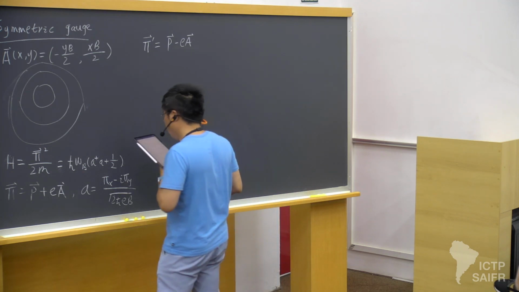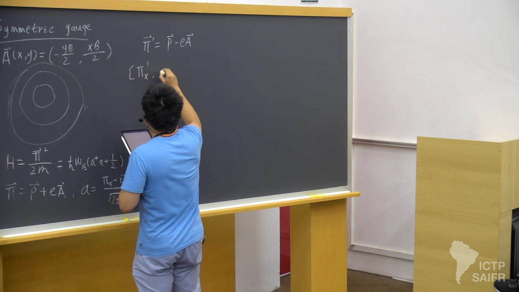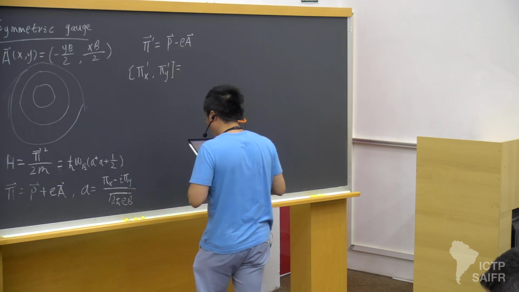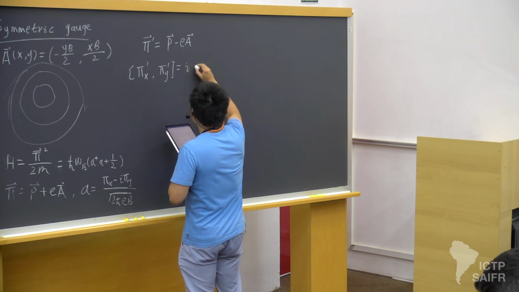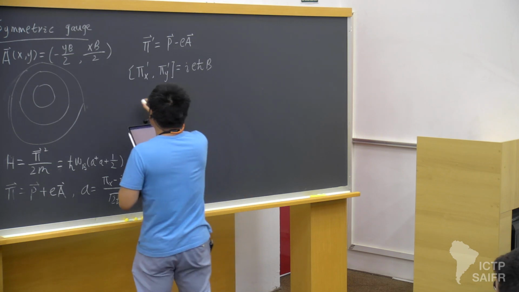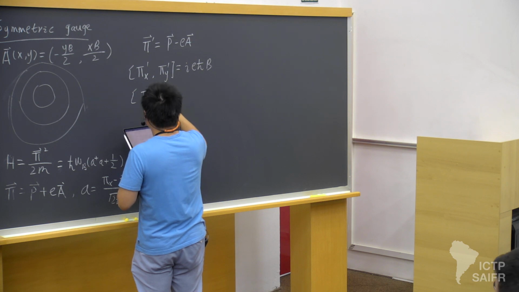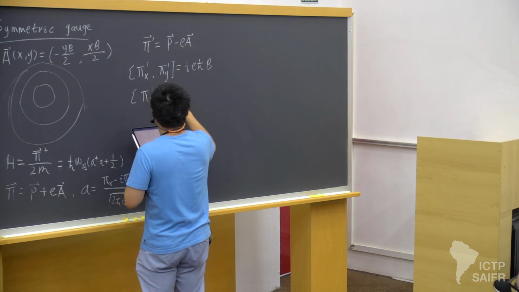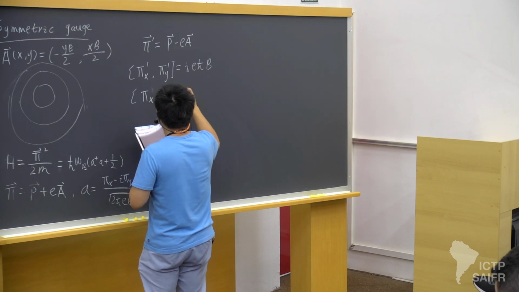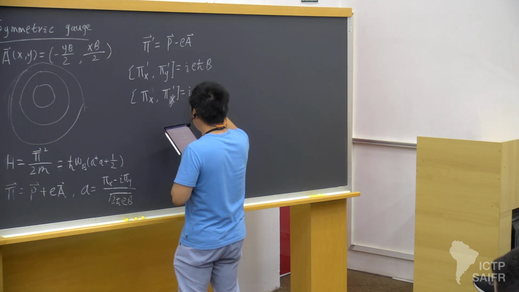You can compute its commutation relations, which I will not do for you, but you can do it as an exercise. So pi x prime and pi y prime are not commuting, and also my pi x is not commuting with pi x prime,